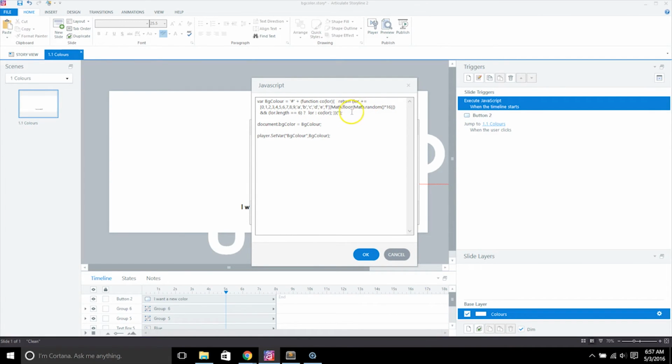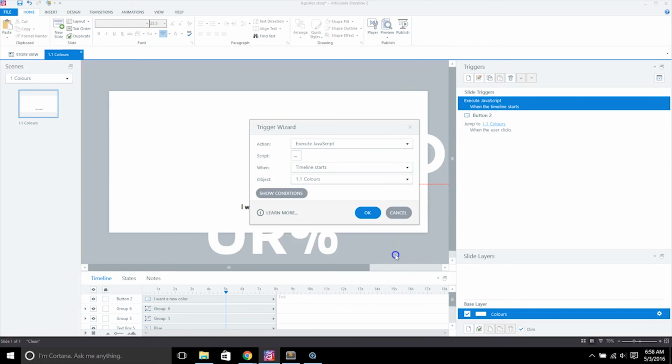We're not going to worry too much about this, but what I basically have this set to is the hashtag symbol or pound sign there, plus it's going to pull a random string out of this array. It's a random six numbers or letters out of this array, and then it's going to set it to this variable called BG color. And then what I'm saying is I want to set my document.bgColor that we just saw in that Articulate forum to that variable BG color. So basically it's saying whatever random hex code this generates, it's going to set it to this. And then the way that I get my text is I have a text variable set up called BG color. So it's going to set that variable that I have on the stage there to this hex code. So that's how it's